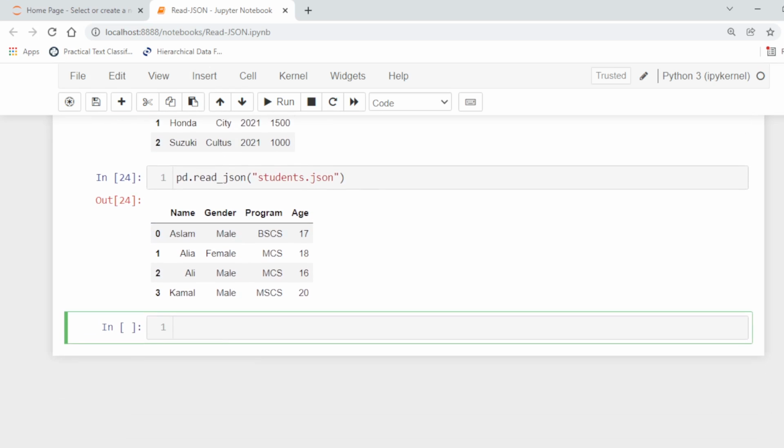Similarly, we can produce compatible JSON format by using the to_json function of pandas.